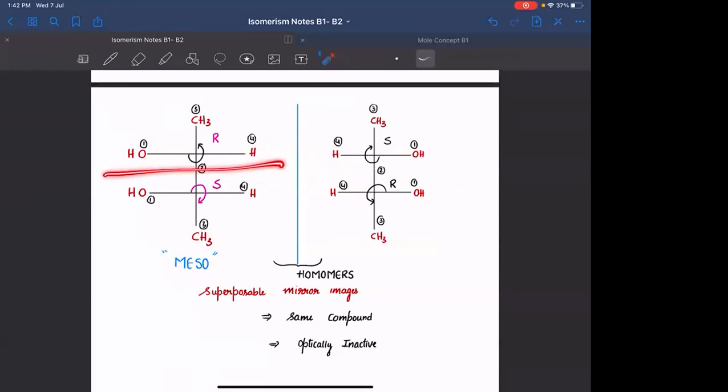The molecule is symmetrical. Whenever you have a symmetrical molecule, RS and SR are not two different, they are the same. Is that clear? Everyone? And such a compound is called as meso. What you need to see? You need to see a plane of symmetry. If you are having plane of symmetry, then that compound will be a meso compound. Despite having presence of chiral carbons, still the molecule is achiral. Is this clear?